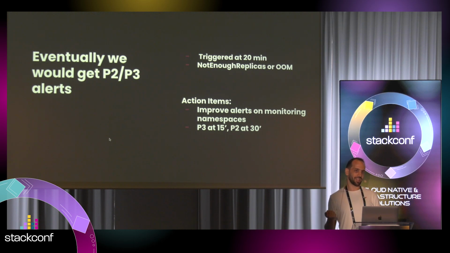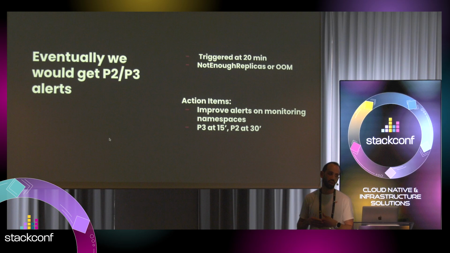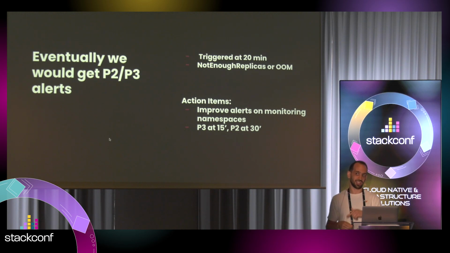Those alerts come from the past. People were not very anxious if Karma was down or if testing or staging was down, but it also affected our production, and this needs to change. In our case, we have fine-tuned everything, at least in the monitoring namespaces, to be much more aggressive. We want our DevOps engineers to know faster if something is wrong, even if that something is Prometheus pods running out of memory or getting a lot of errors.